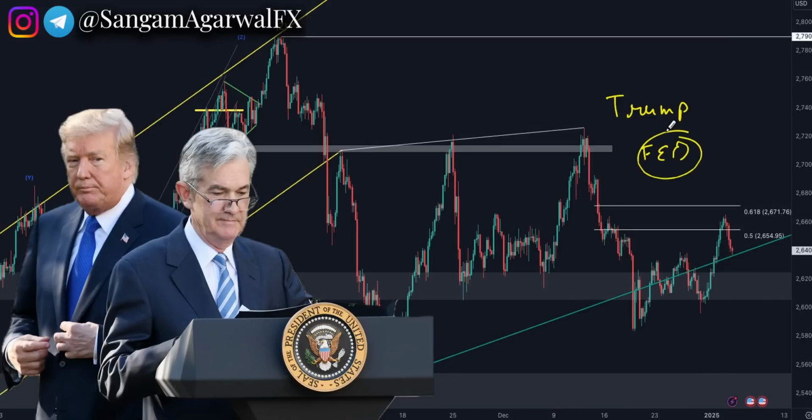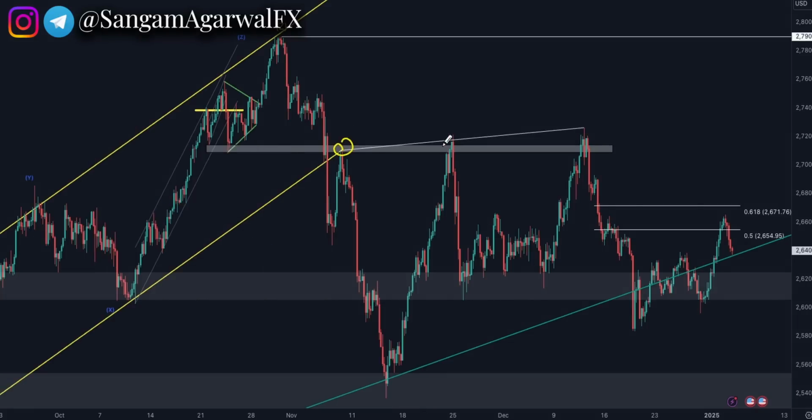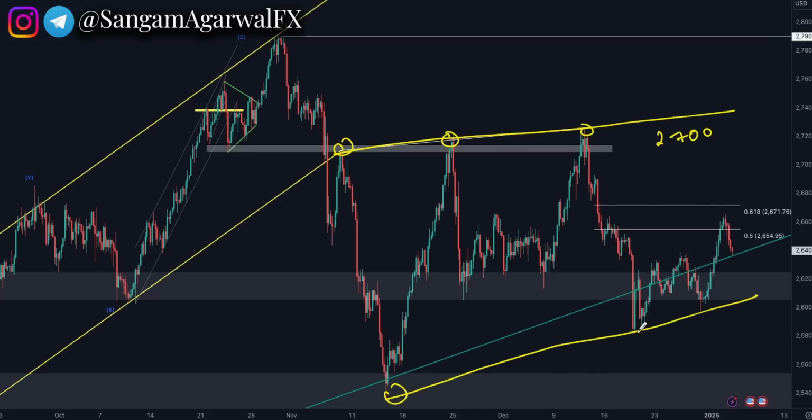under Trump influence. Because if you see technically, then this resistance zone, a trend line, is still your resistance, that is about 2700. Again, a downside trend line, this is your dynamic support. So both the upper and lower trend line tested 3 times. So this is your big dynamic support and resistance level.